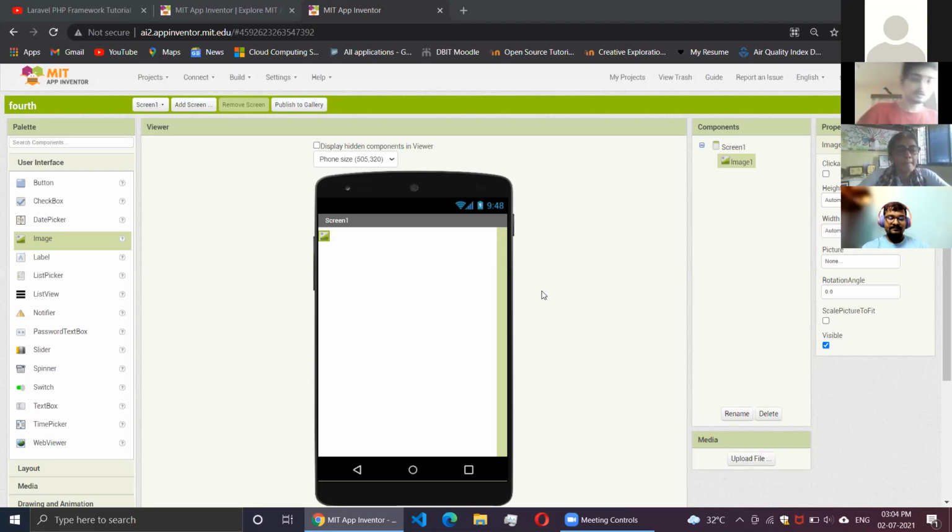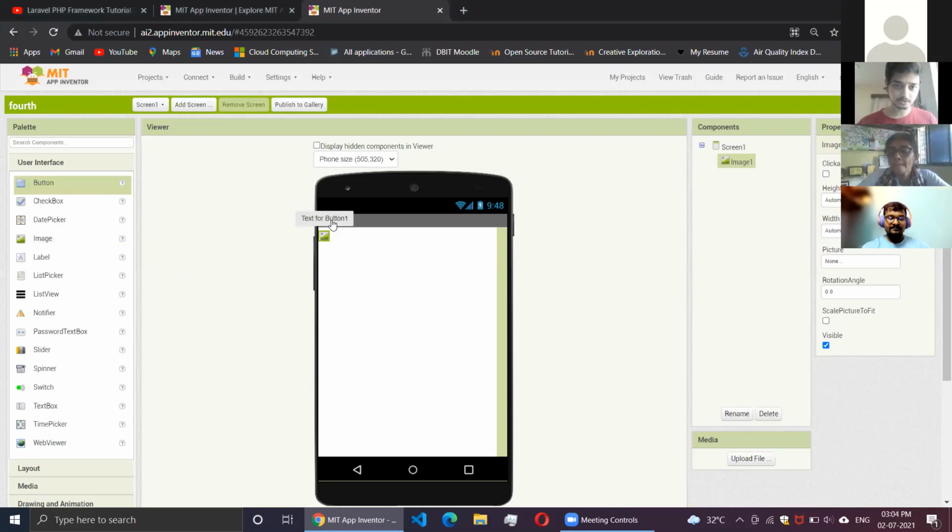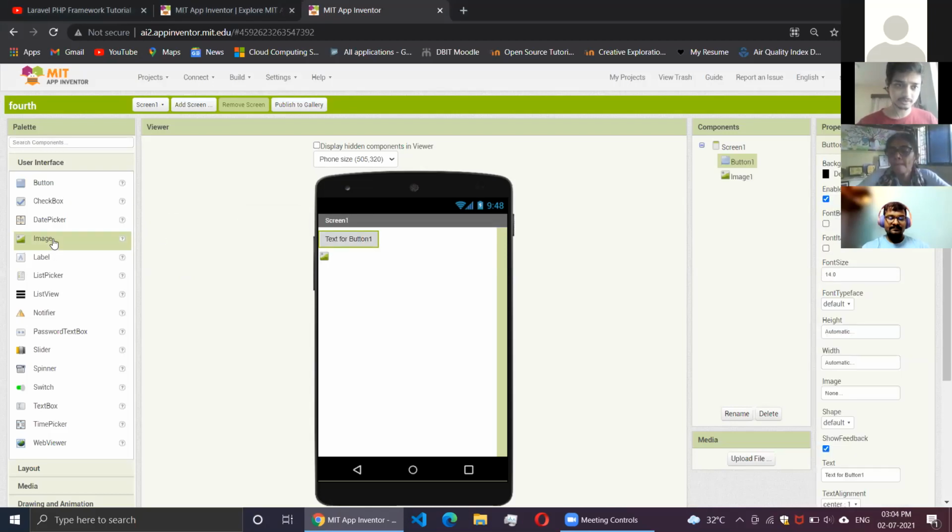Done. Okay, so what you can do is just drag one button over here. You can just drag this button and one of these images into the phone. So just one button and a phone, that's it.